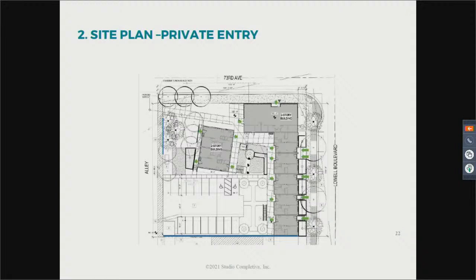Right now, with this project, we'll end the striping and it'll be clear that there isn't parking south of this, because what we wanted was the ability for users of the city parking lot or those going to the Penguin Building to be able to turn into that access just on the north side of the electric shop. So right now we don't plan on continuing the parking, but that is an option.